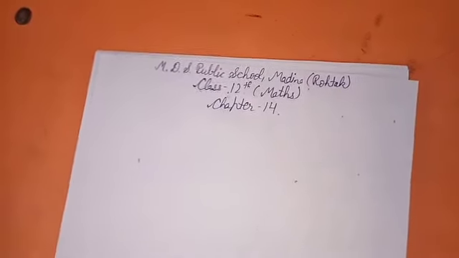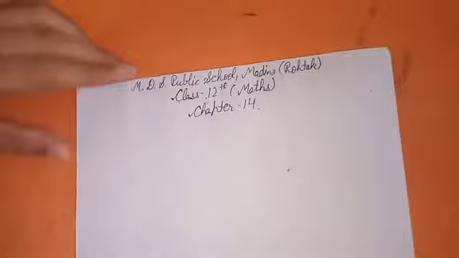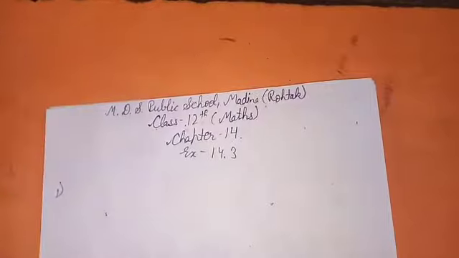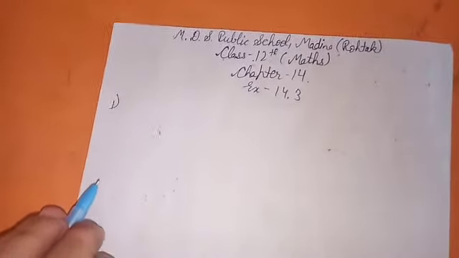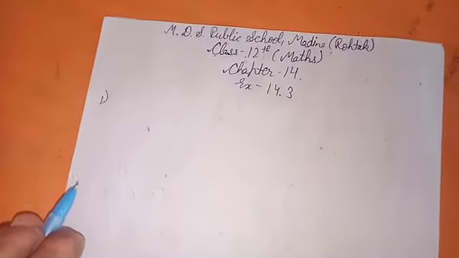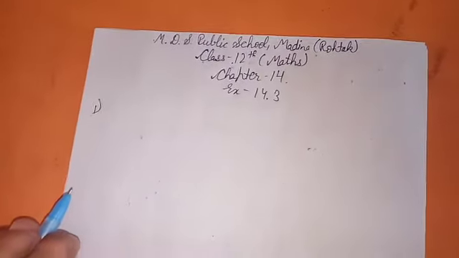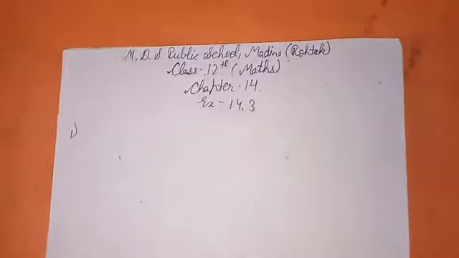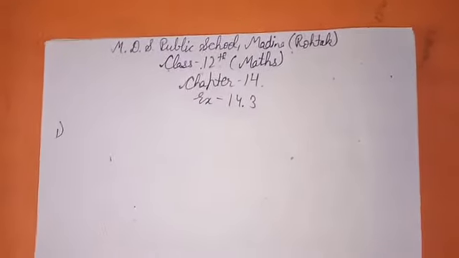In today's lecture, we are going to start our last exercise of chapter 14, that is exercise 14.3. Our first question is: a company sells two different products A and B and makes a profit of rupees 40 and rupees 30 per unit of products A and B. The two products are produced in a common production process which has a total capacity of 30 man hours. It takes 3 hours to produce 1 unit of A and 1 hour to produce 1 unit of B.